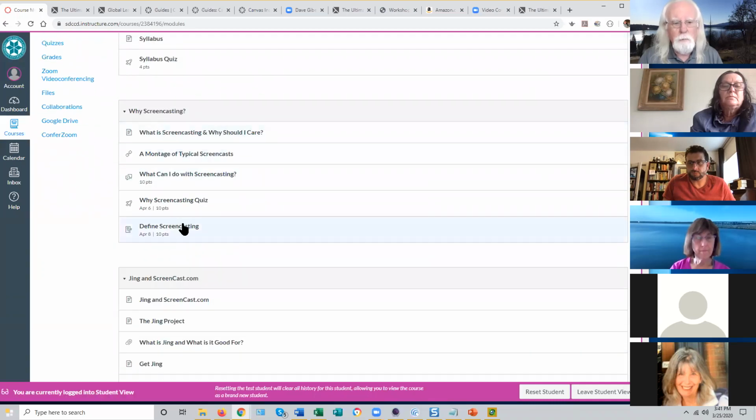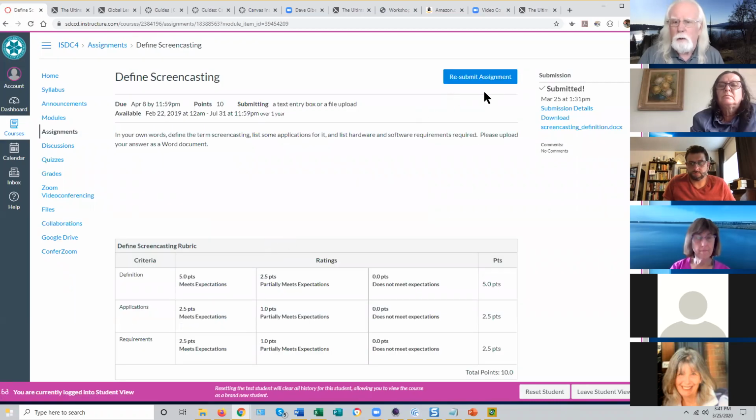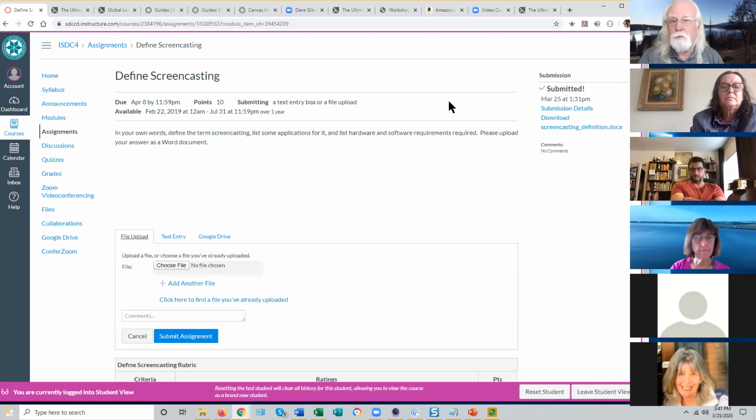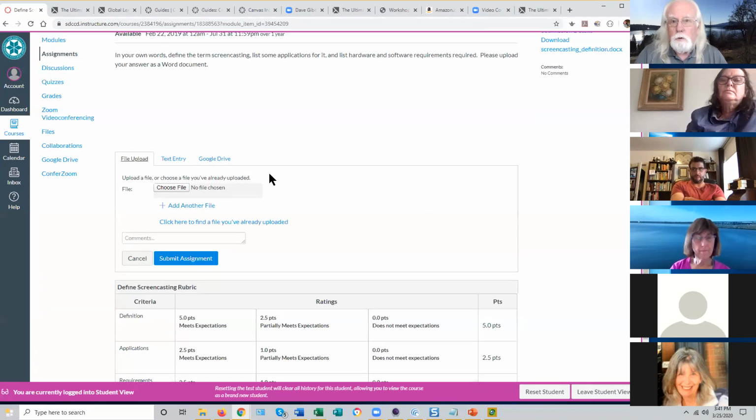There it is in the second module. Student can just click on it. And I can show you what the student sees when they submit the assignment by going to Resubmit Assignment. By the way, students can resubmit assignments as often as they like in Canvas, and you can't prevent them from doing that. You can decide which ones to grade, but you can't prevent them from putting in extra